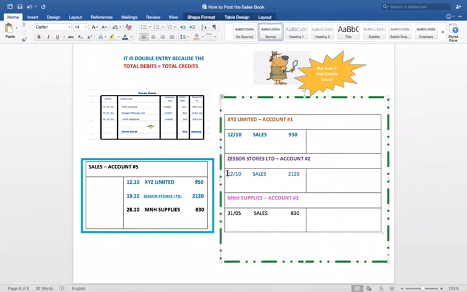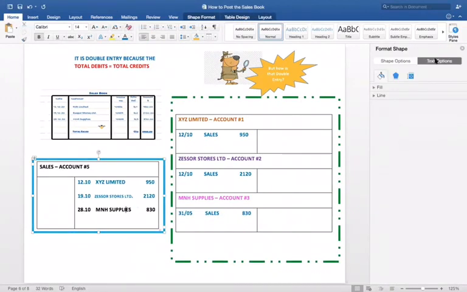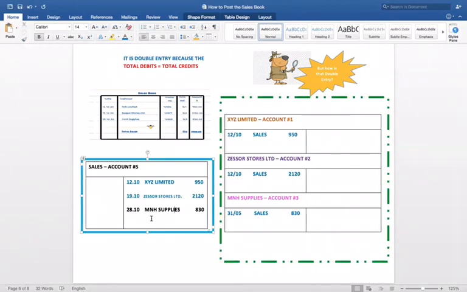I'm changing the color of the entries to blue so that you can find it easy on the screen. And then they expect you to take this 830, make a debit entry for it, and then also come and make a credit entry,